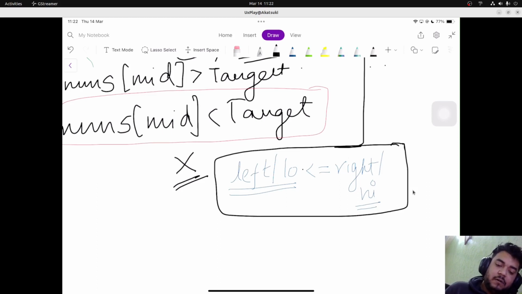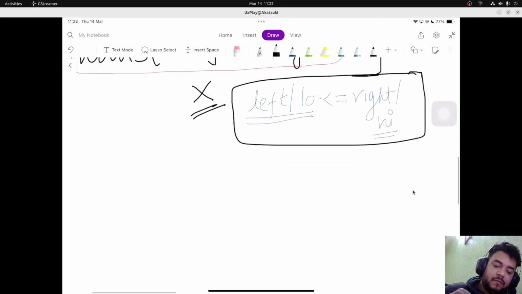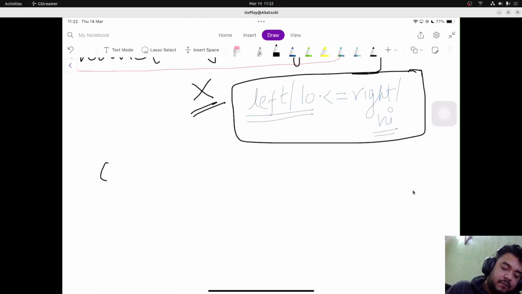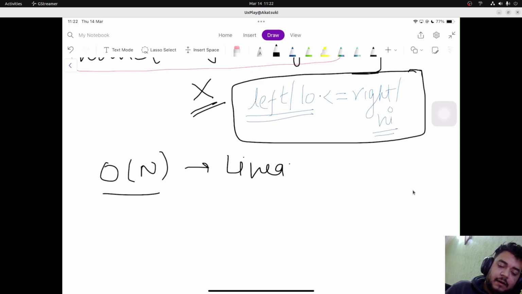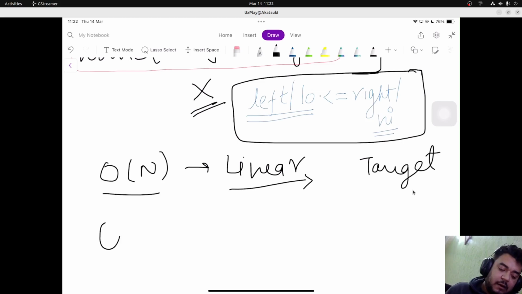So how is this log n? What log n actually is, when we started this, I told you that big O of n is linear, right? We have to iterate over the whole array to find our target, right? But what big O of log n basically means is that